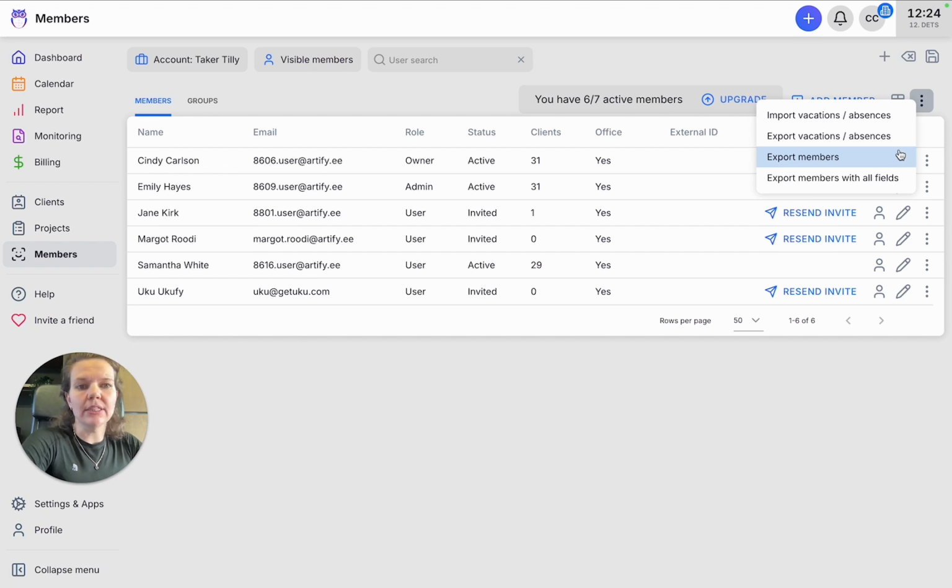So you can easily import vacations to another system that you have exported from Uku. You can also download the list of members with all the custom fields or without the custom fields, so it's up to you. And you can now also import vacations.